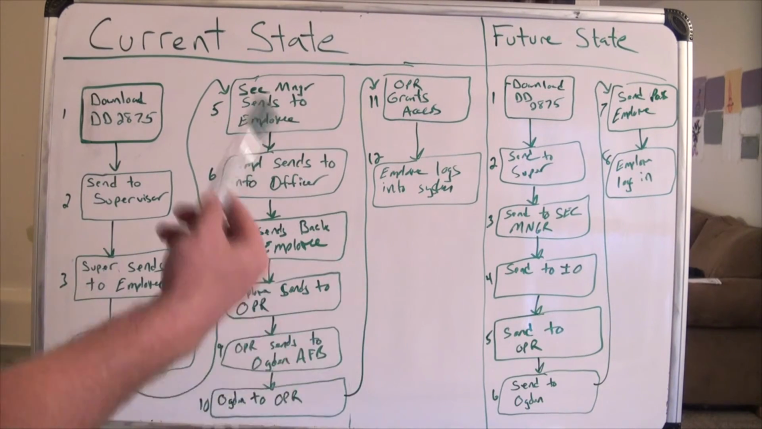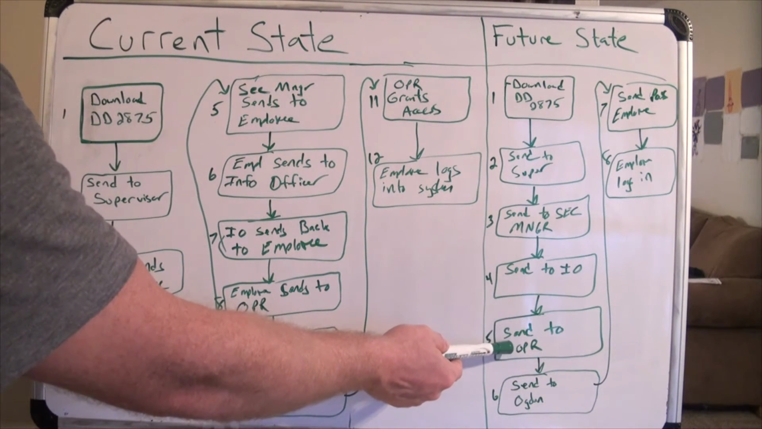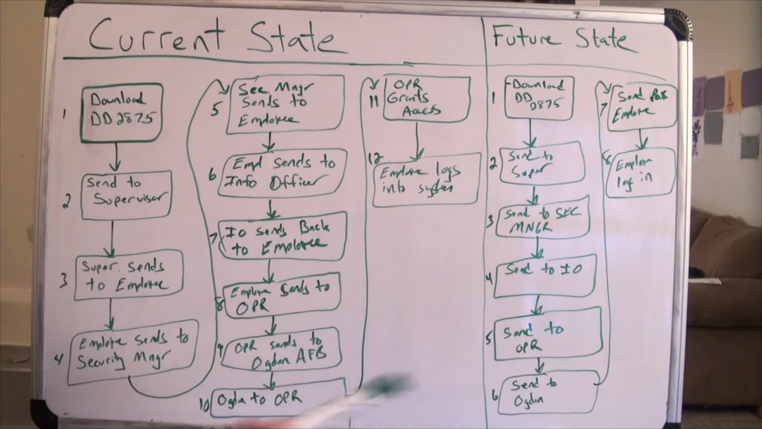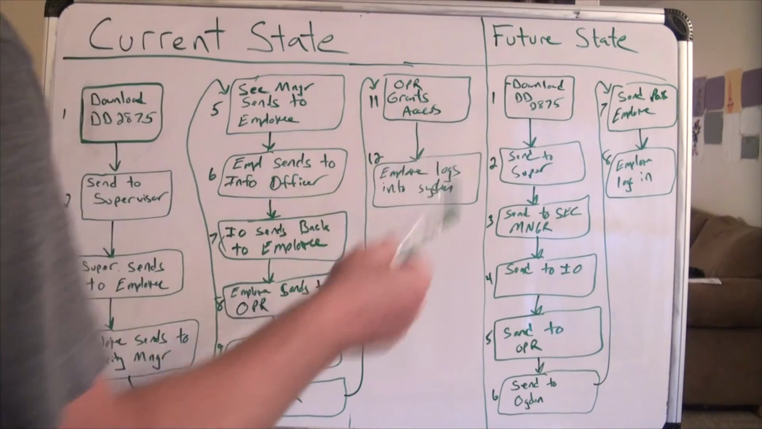Instead of going back and forth to the employee, you're now going direct. The IO will then send it to the OPR. The OPR will send it to Ogden or wherever else it might need to go beyond the OPR. Once it gets past Ogden, it goes back to the OPR with the username and password,